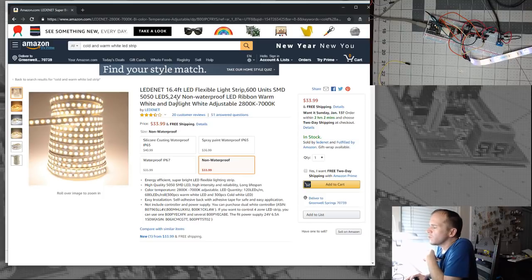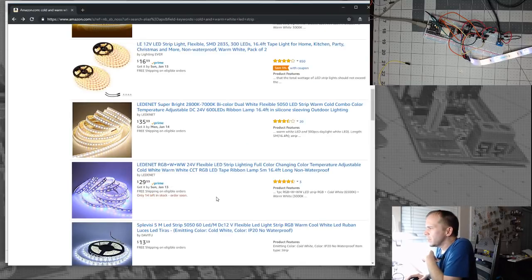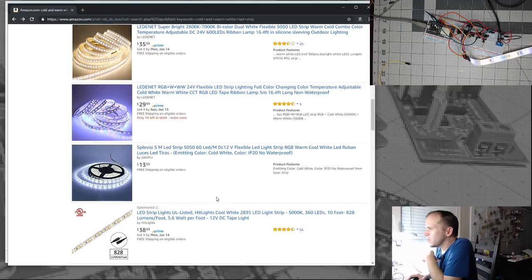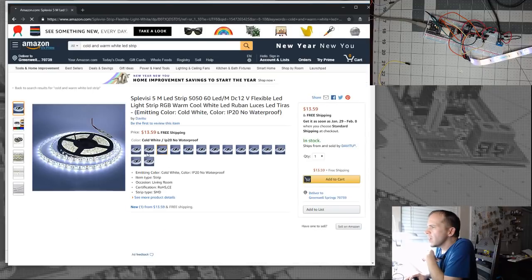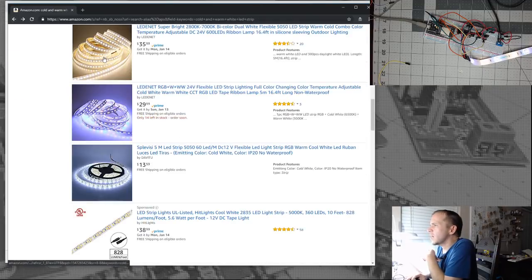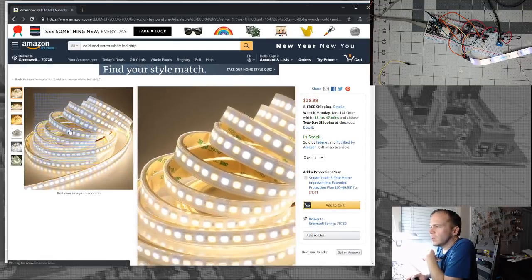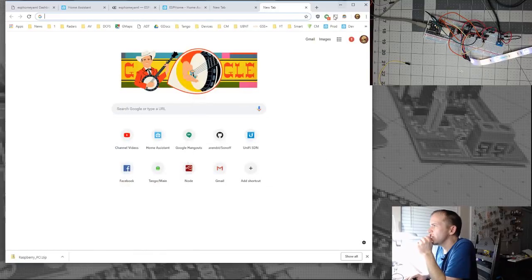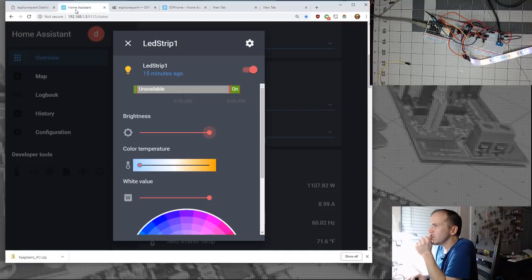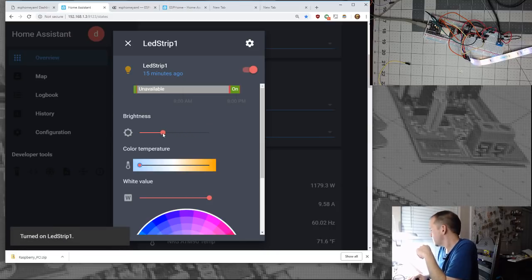Oh, these are 24 volts. I know there was some talk about the difference on the 24 volts and being more efficient based on the resistors and whatnot. But I don't want to have to buy 24 volt power supplies. I'll eventually find one that's similar to this, with really close LEDs, warm white and cool white, and that way I can just do those and not have to do color or anything like that. So that's my eventual thing. So to play with the brightness should do all of them. Yeah.